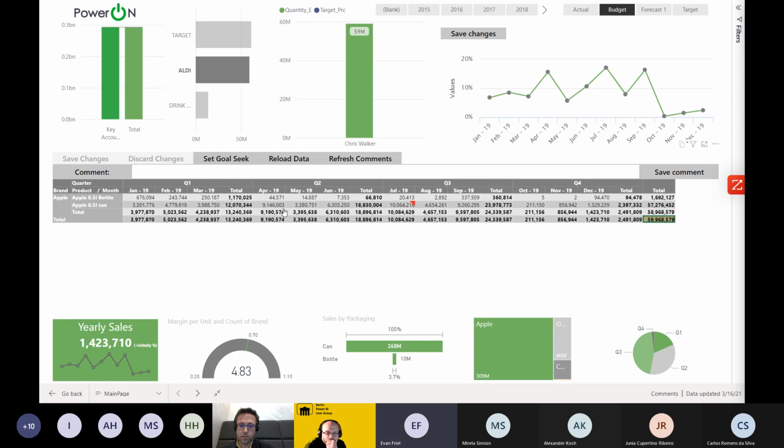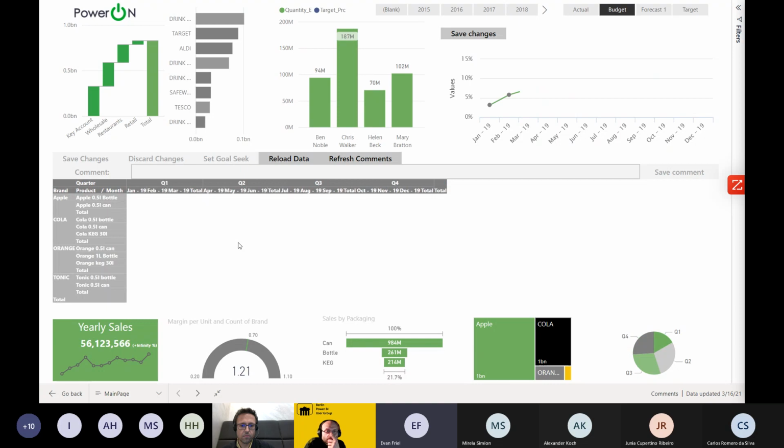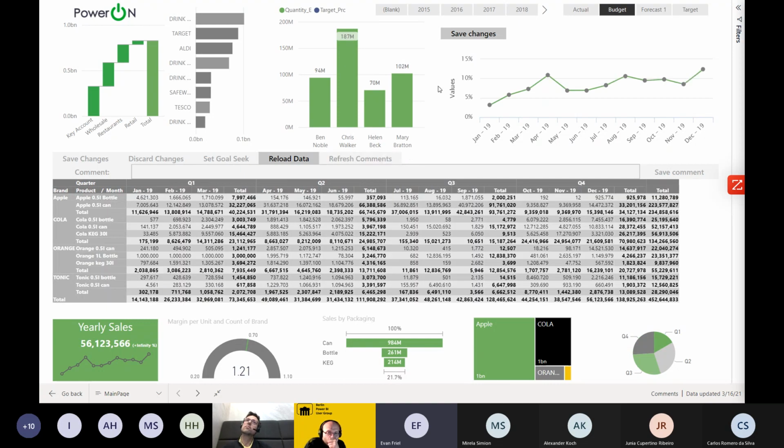And as that save is committed, we can keep an eye on Chris Walker's standard bar chart right here. It'll pop up by 1 million from 59 to 60. And then when I remove all those filters, anybody that's looking at this from a higher level view will see the latest and greatest as soon as somebody inputs their data and hits save changes, which is pretty simplistic to demo,